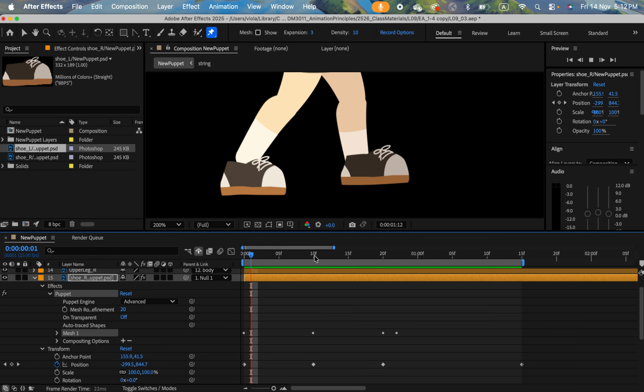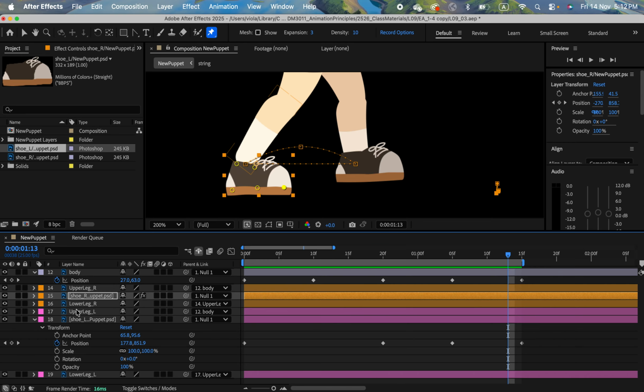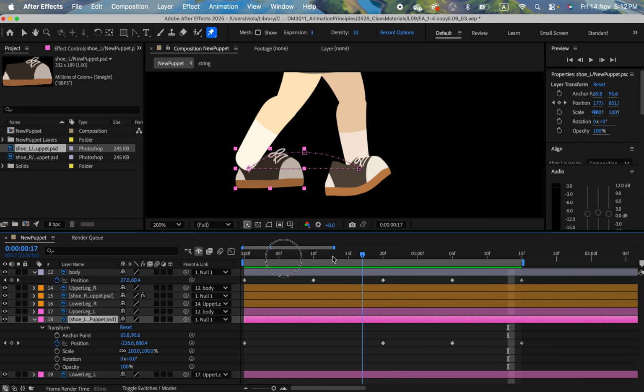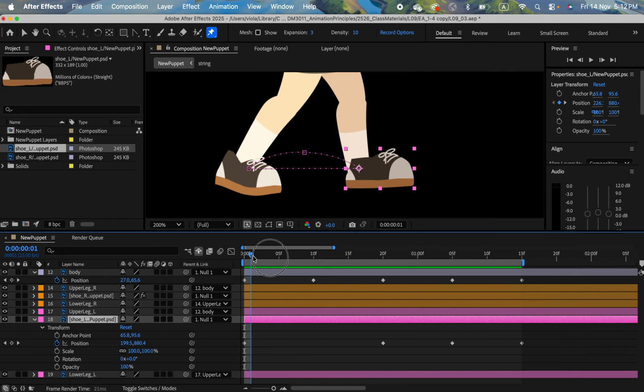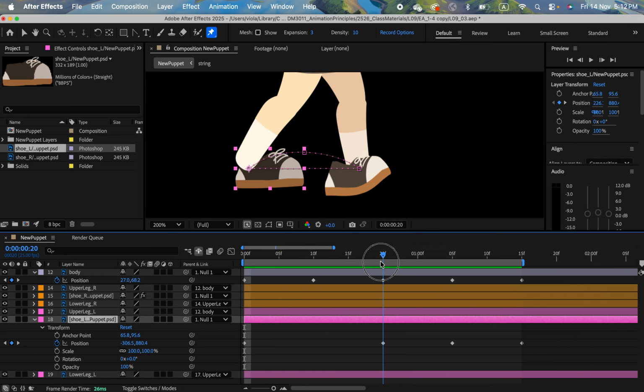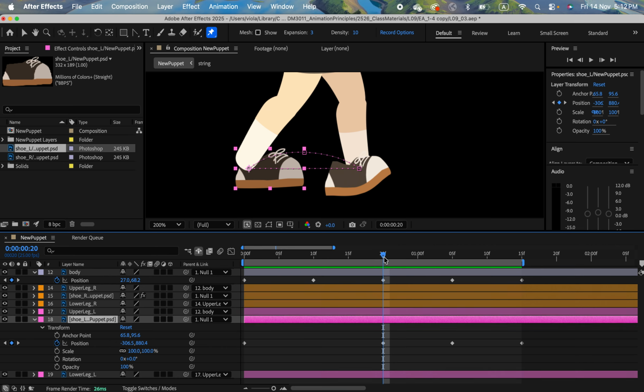After you finish that, I will work on the left shoe. Again, make sure that I have selected the left shoe. This is the left shoe, and then I need to check with my animation. So when my darker shoes have been lifted up, you can see here, starting from 20 frame, my darker shoe is now lifting up. So at 20 frame,